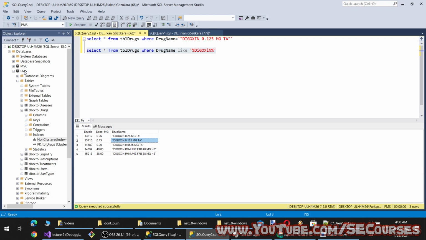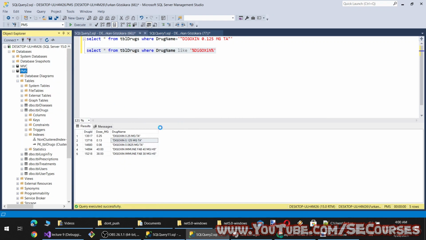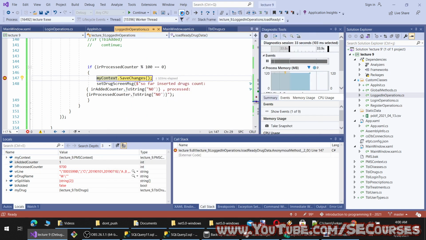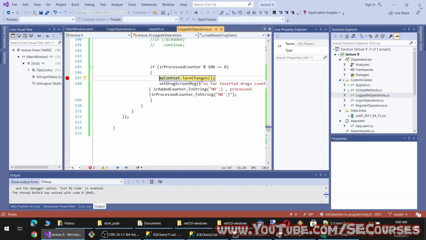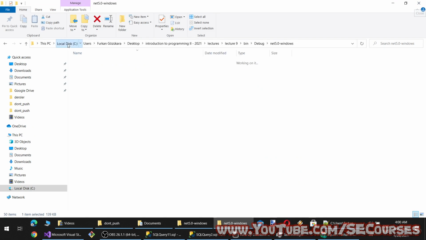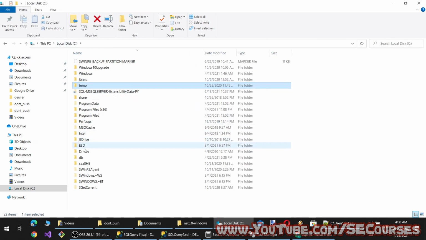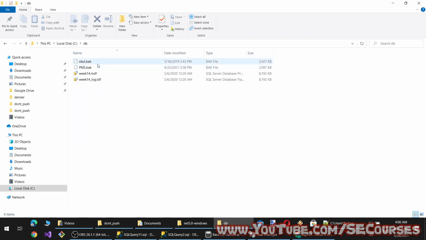I have found it. So I will take a backup of the database and add it to our source code as well. So I will be able to use it exactly as me. Okay, let's go to our temporary folder. DB folder here.